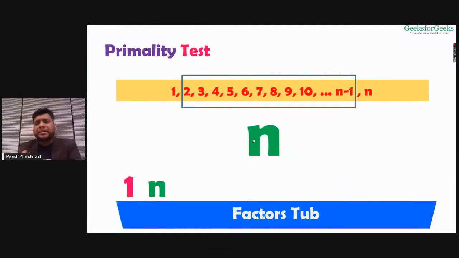So now I have changed the way of looking at prime numbers. I say a number is prime if it is not divisible by any number from 2 to n minus 1. If it is divisible by any number in between, it is never going to be a prime number. And wherever I find the divisor, I will get out of the loop. Now the problem is, the for loop executes from start to end. I need a way to stop the loop in between. As soon as I find the divisor, I should be able to stop my loop.